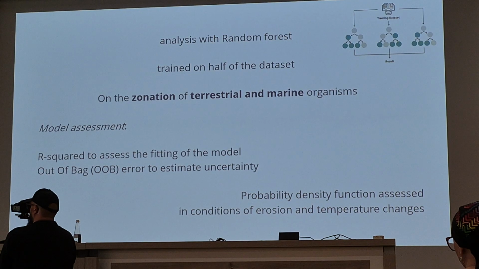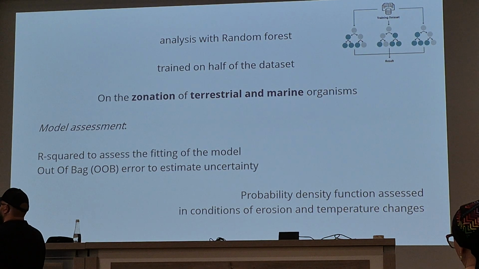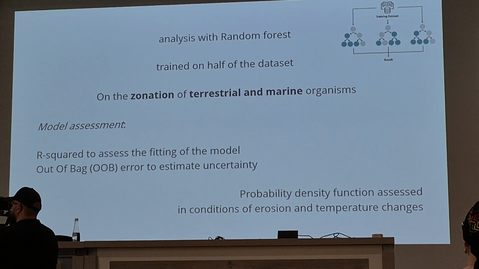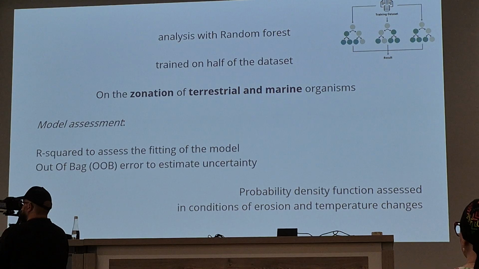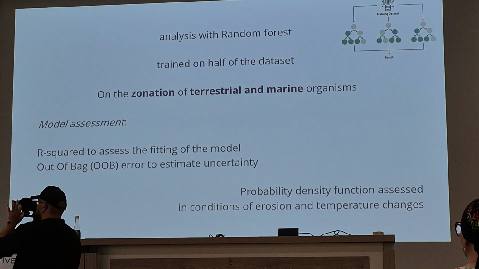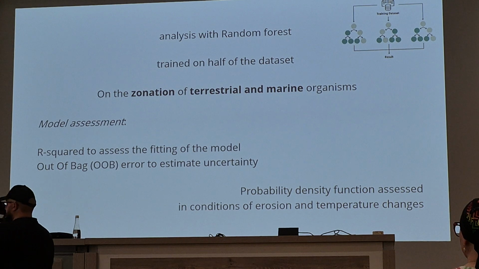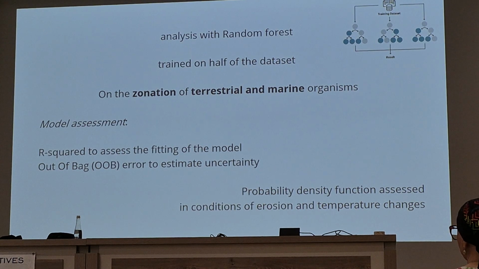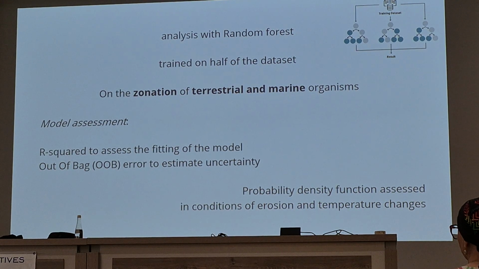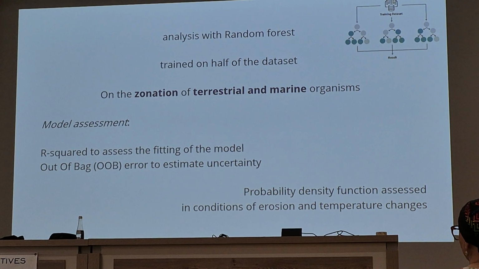We also applied some machine learning, which is a fancy way to remark what I was saying: that we didn't have enough ecological background to create very fine hypotheses, so we did just exploration. And we trained, as is usual for machine learning, on half of the data set, and we checked the zonation of the other traits divided a priori. So we divided terrestrial from marine, and the zonation was the response to it.